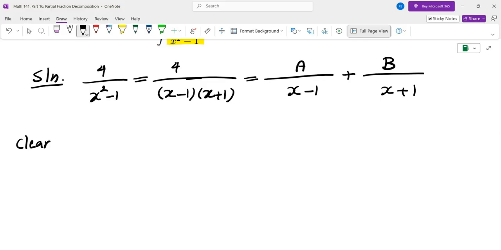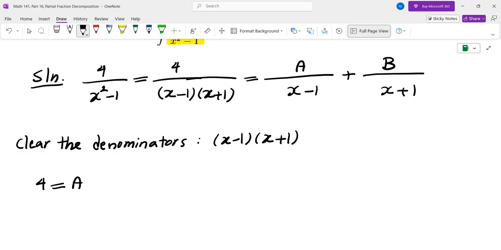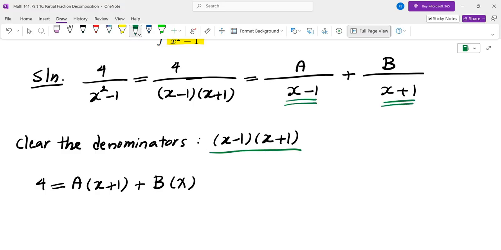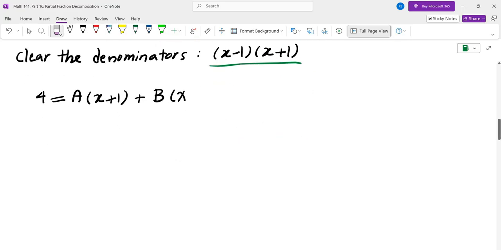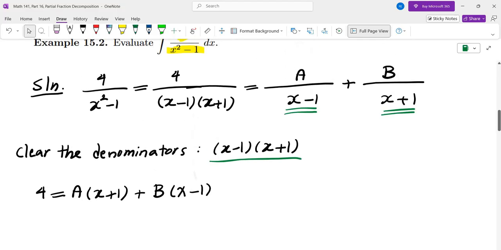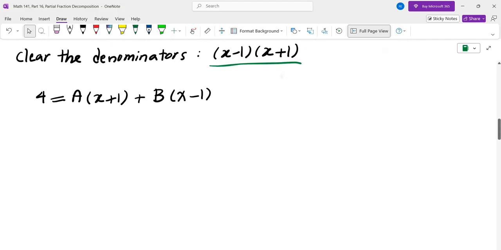So clearing the denominator gives us, we're going to multiply by (x - 1) times (x + 1). So on the left we get 4, on the right we get A times (x + 1) plus B times (x - 1), because when you multiply by this, x - 1 cancels here and x + 1 cancels over there. Now there are two different ways of evaluating